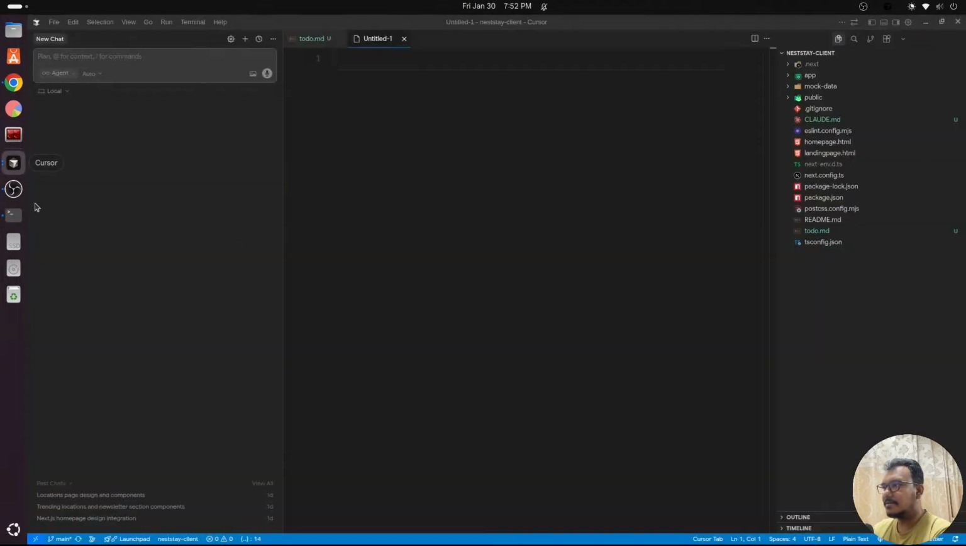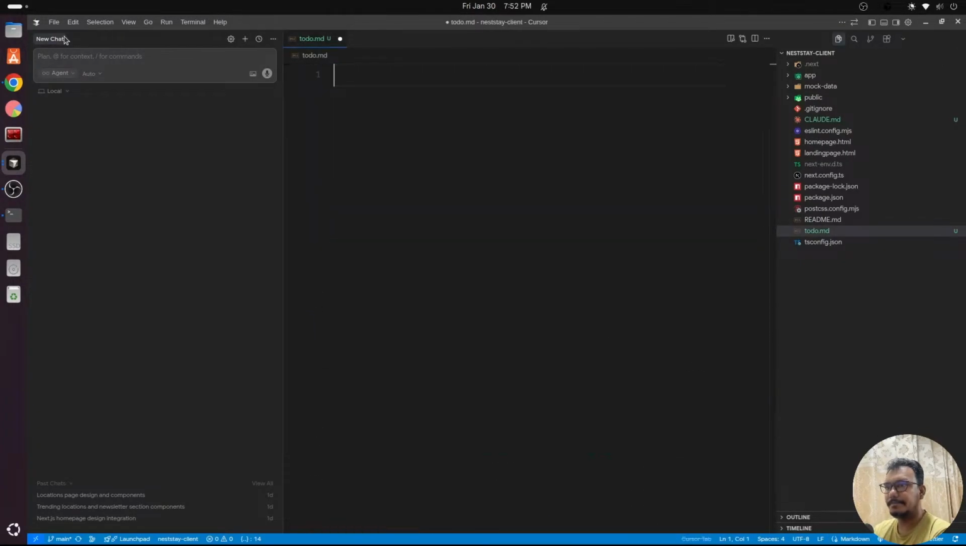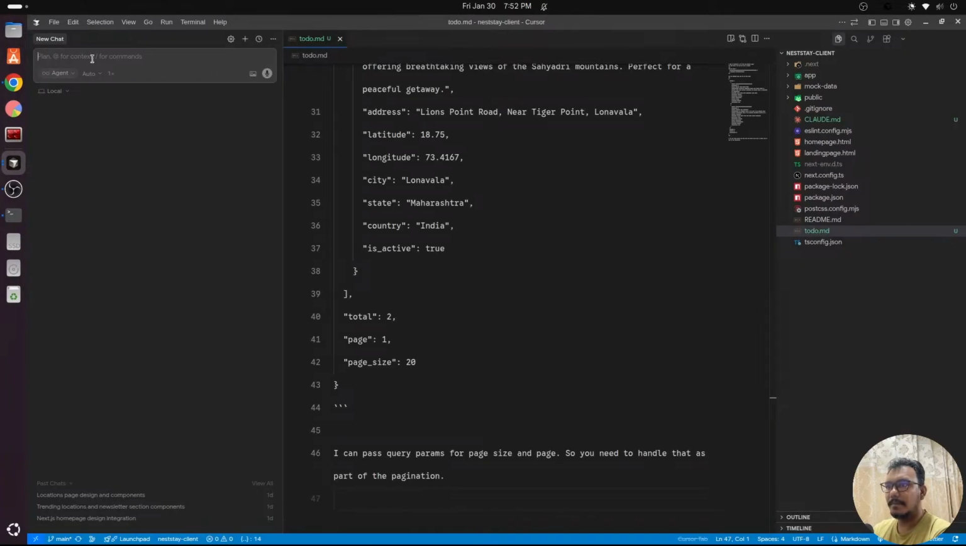Okay. So I have this requirement, obviously. Okay, plan. Let's create the plan first. I want you to implement the requirement that I have added in the to-do, for architecture guidance, refer to